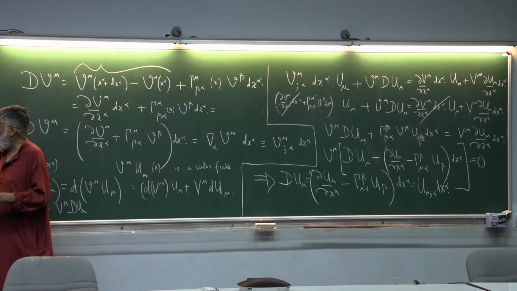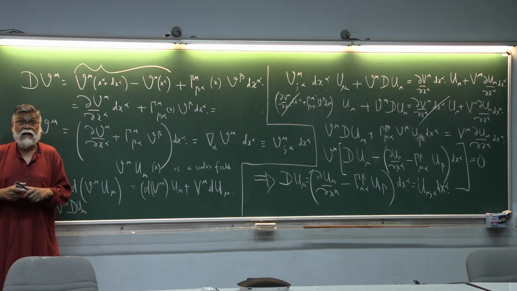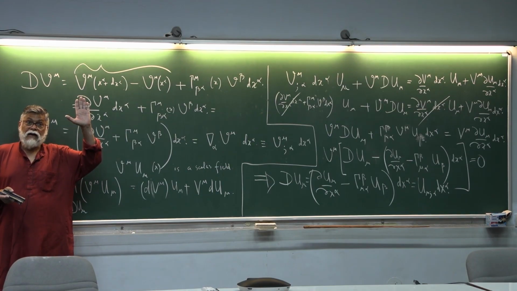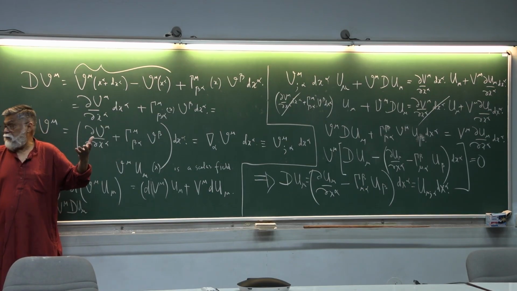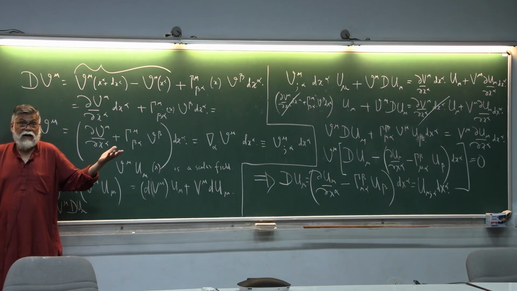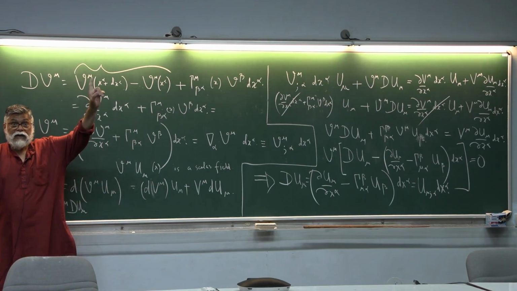The change of u mu will be proportional to u mu dx alpha. But what will the proportionality be? Will I use a different symbol or the same symbol? I better use the same symbol, no? But then, what form will it take? Will it be minus? Will it be plus? I have no idea. So therefore, mathematicians say that since I have done it already for the contravariant vector and I know it for the ordinary scalar, I might as well use it. Otherwise, it will be two different